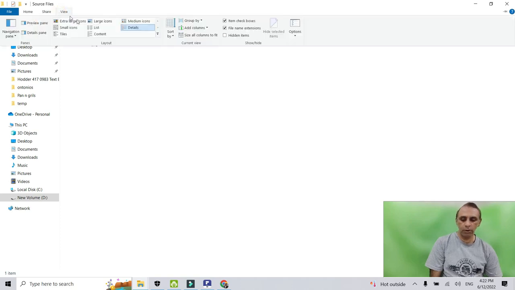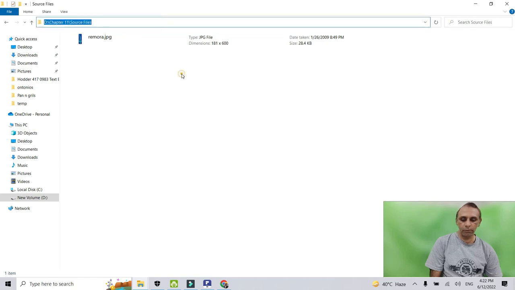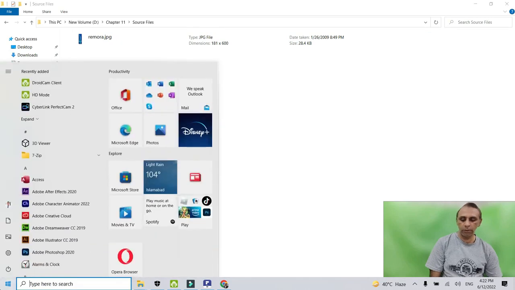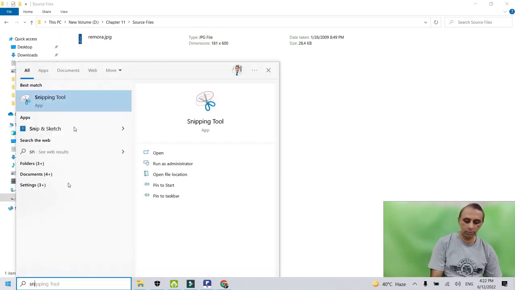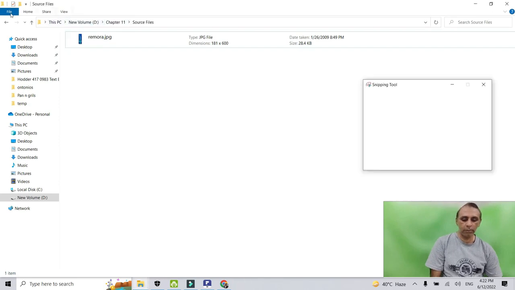This is also a detail view, and in content view you can see dimensions and also date taken, and here this. Okay, so how to get the screenshot? You simply can press Windows Shift S, and the best method is you open snipping tool, and you take the image